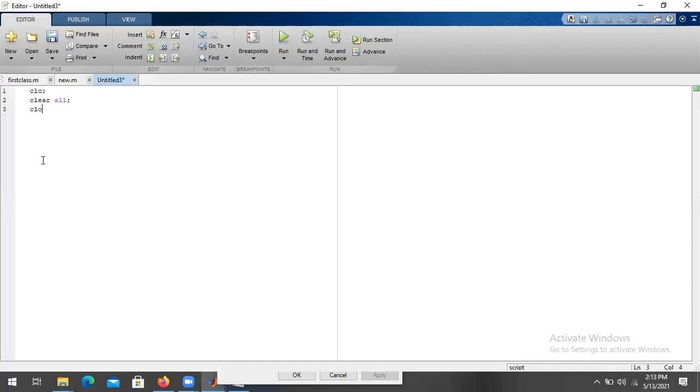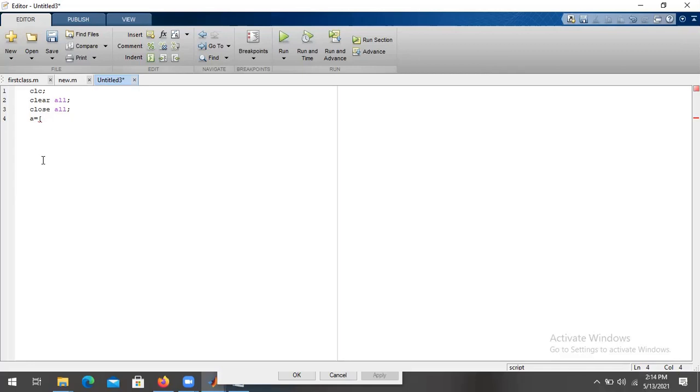Those outputs will be shown in the command window only, right? If you write the semicolon, then you see only the final output; otherwise you can watch line by line outputs. That is the only difference here. Instead of line by line outputs, if you want only the final output, you can use semicolons.